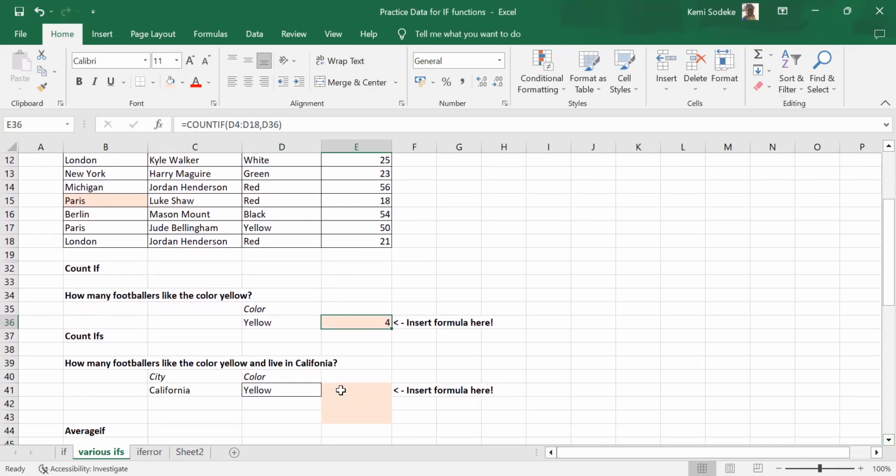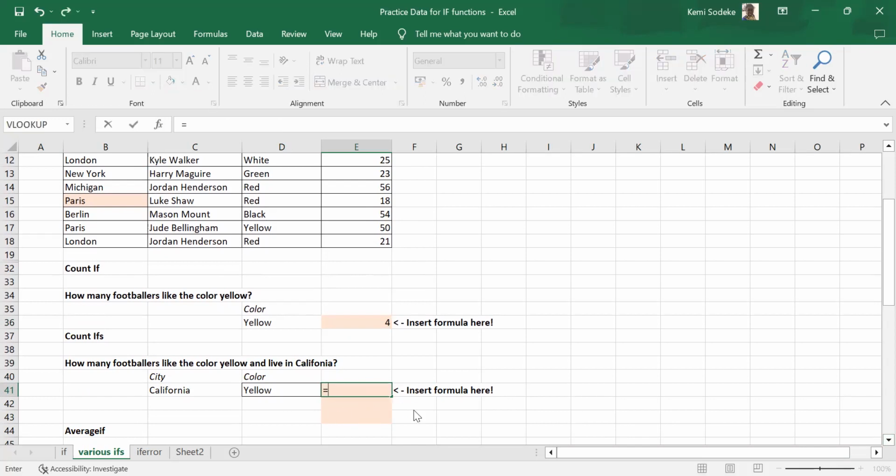So in COUNTIFS, we have two criteria. One is we want people who like yellow and who live in California. So count the number of footballers who like yellow and who live in California. We know there are four footballers who like yellow. So out of those four, how many live in California? Let's see. We'll start with equal to COUNTIFS, open a bracket,